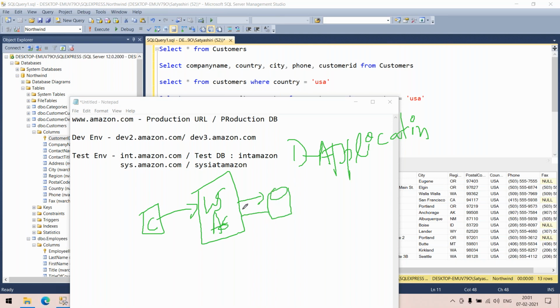The database will return a result saying the email ID already exists, or, if not, that the user account is created successfully, and the customer will get a notification on the web application or the mobile saying the account got created. So your main source of data is the application.